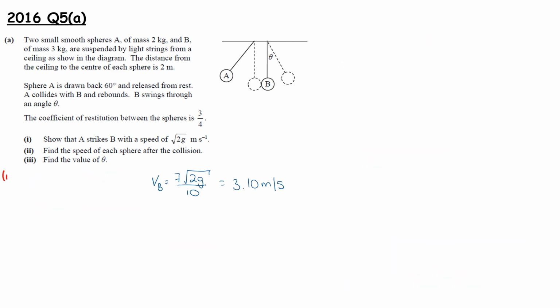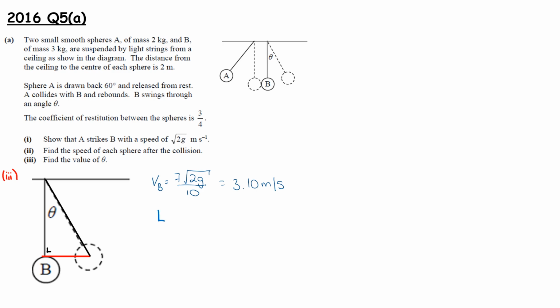So let's start with part 3 then. Find the value of theta. So I'm going to just take our swing here that we've been given in the diagram, and I'm going to put in our little right angle triangle. Now we're going to use the same logic we had before that we used with A, and this time we're going to say that the kinetic energy that we have as B starts moving should then match the potential energy just as it stops. So that means we have a half